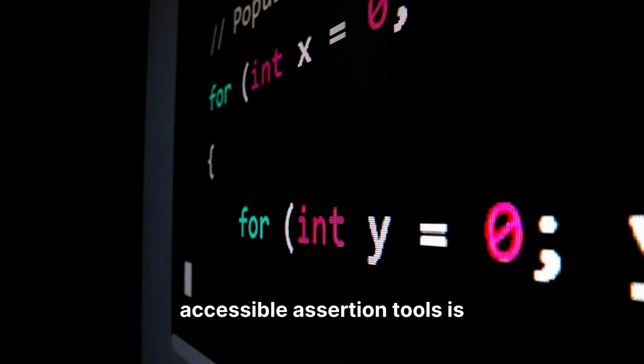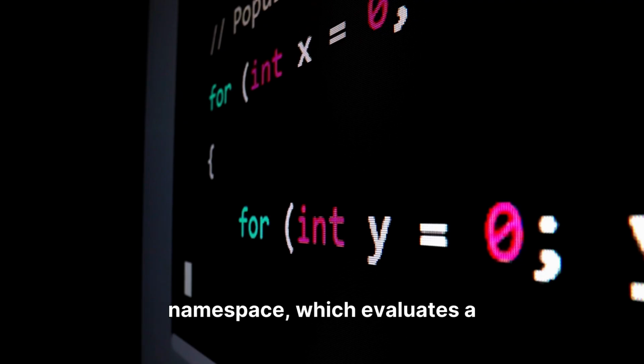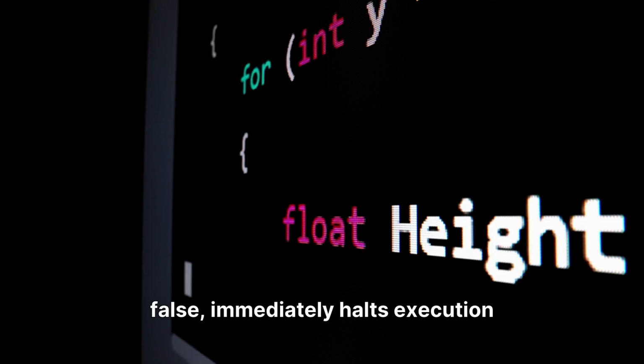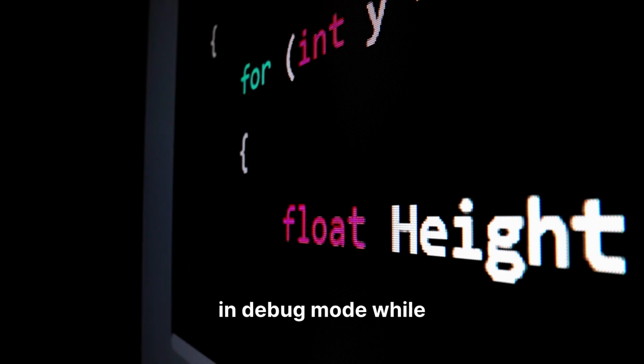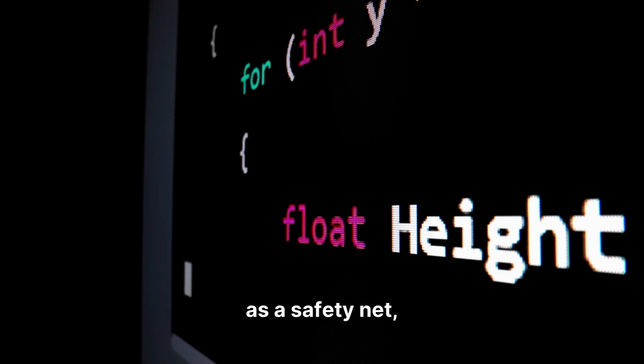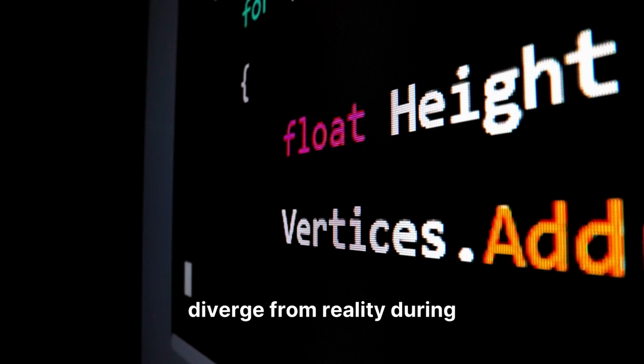One of the most accessible assertion tools is Debug.Assert from the System.Diagnostics namespace, which evaluates a Boolean condition and, if false, immediately halts execution in debug mode while displaying a customizable error message to highlight the issue. For example, Debug.Assert acts as a safety net, helping you pinpoint exactly where your code's expectations diverge from reality